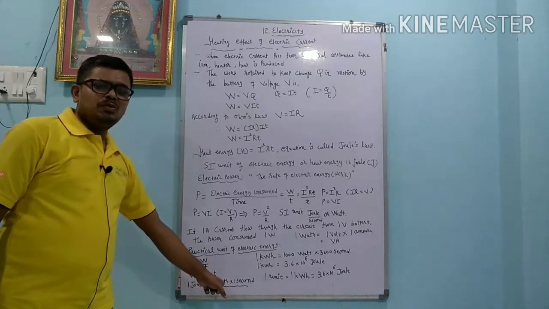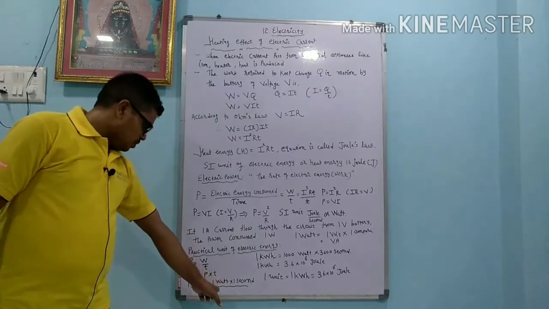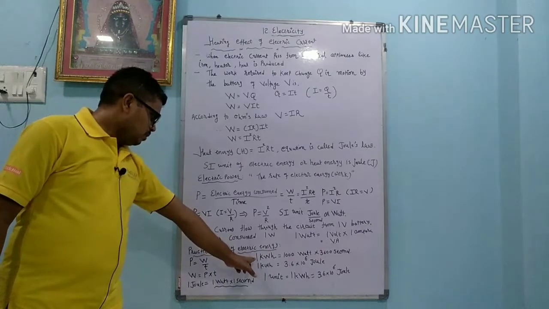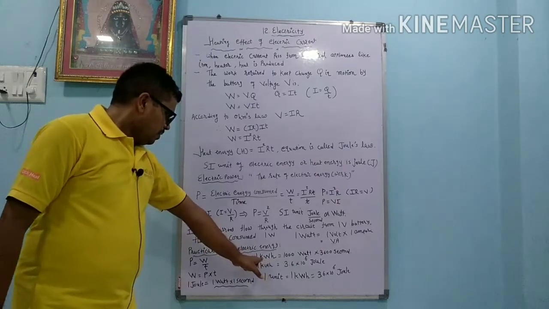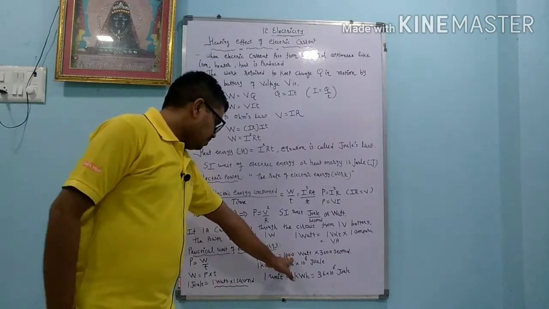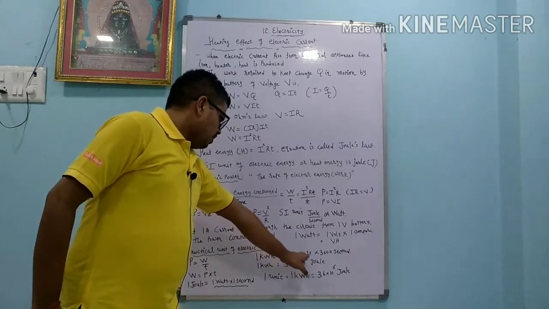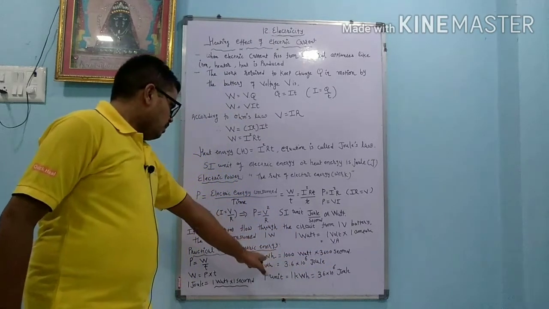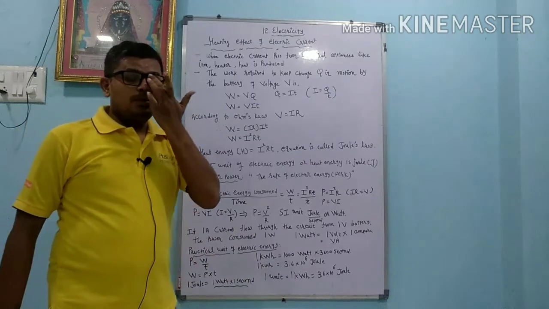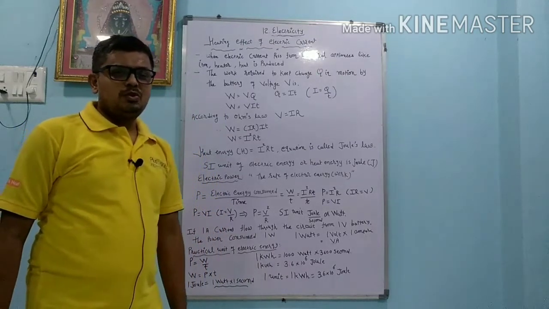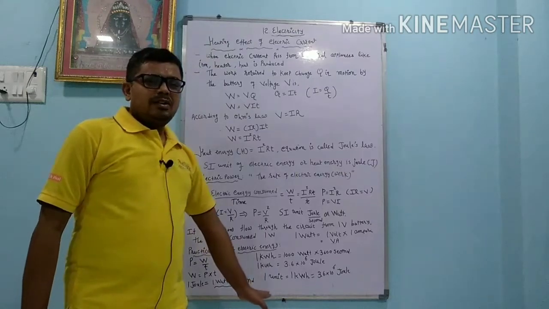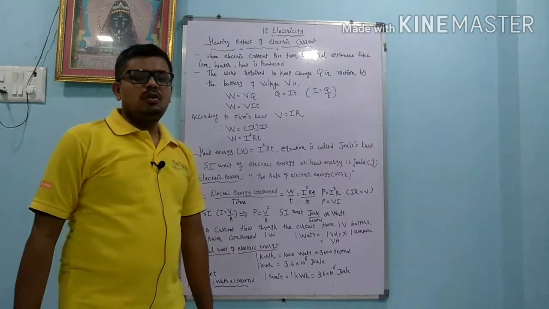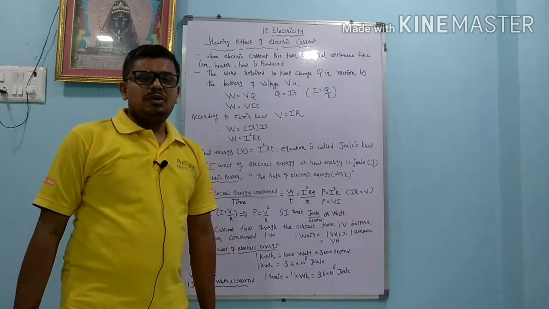And instead of watt we will use another unit, called kilowatt. So to calculate electrical energy we write 1 kilowatt hour. Kilowatt means 1000 watt, and in 1 hour there are 3600 seconds. By calculation we get 1 kilowatt hour equals 3.6 into 10 raised to 6 joule. So whatever electric bill comes, it comes in terms of units, where 1 unit equals 1 kilowatt hour equals 3.6 into 10 raised to 6 joule.